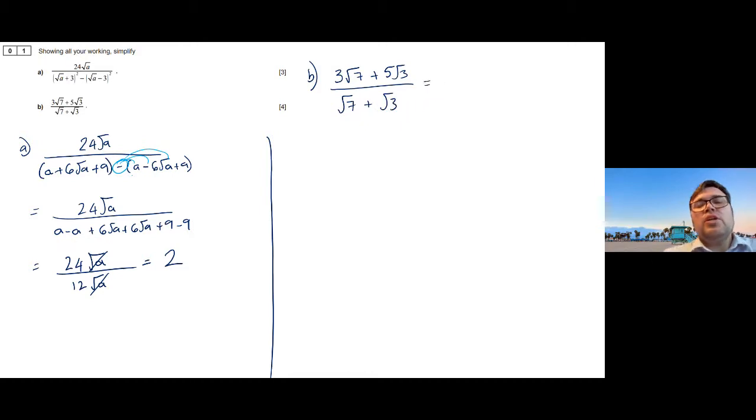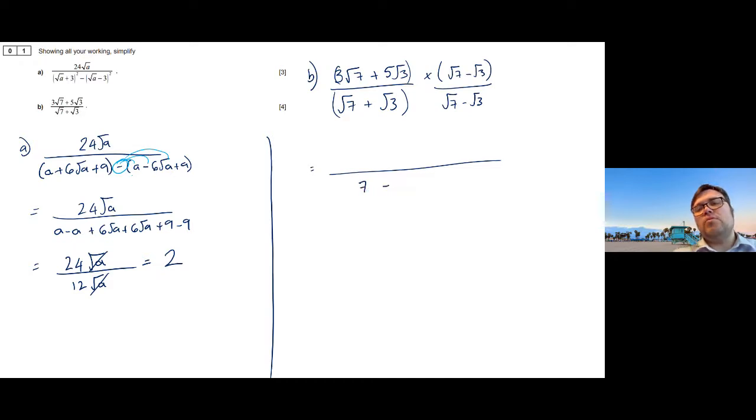Now then, you get 1 mark, which is the method mark, for multiplying top and bottom by root 7 minus root 3. Even if you don't do anything else, you will get 1 mark for doing that. It shows the method that you intend to multiply. Now I need to expand. Again, it's just double brackets, so probably start at the bottom first, so that's root 7 times root 7, which is equal to 7,